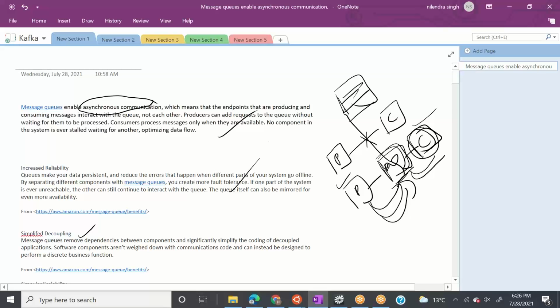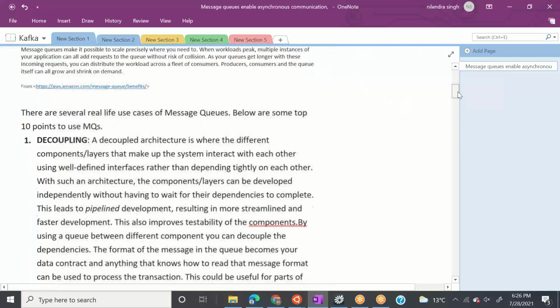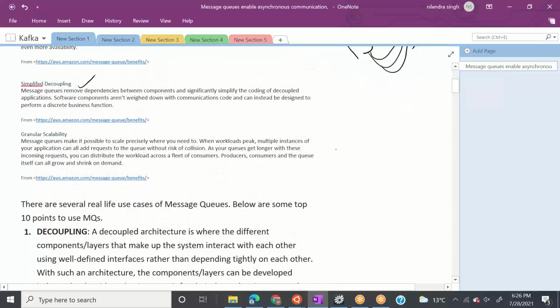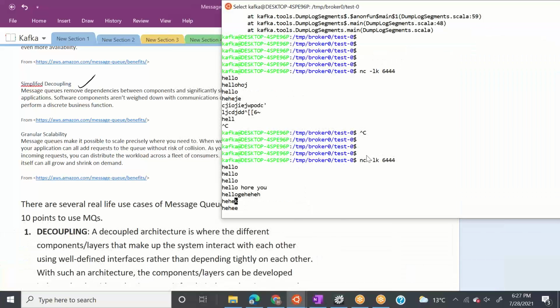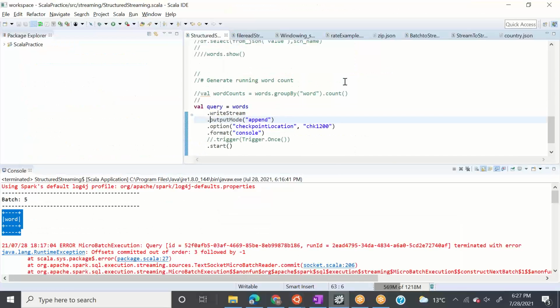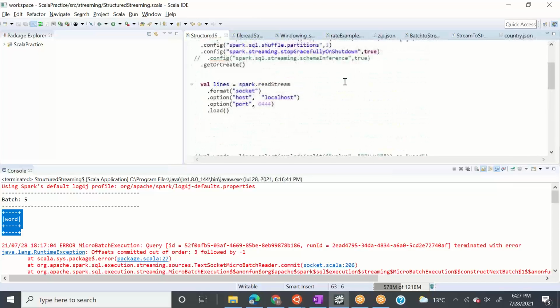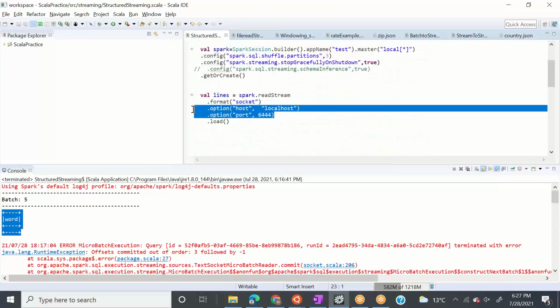It will simplify decoupling. What it means is that message queues remove the dependencies between components and significantly simplify the coding of decoupled applications. This is actually a very important point. In this case, when I was reading messages from my socket, I'm copy pasting the whole host and port here, so my host and port are kind of hard coded.